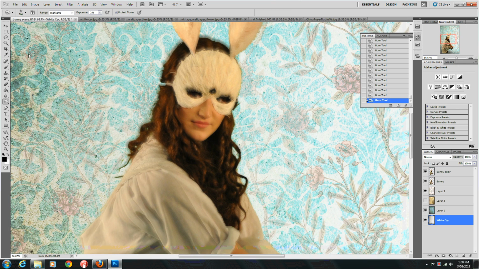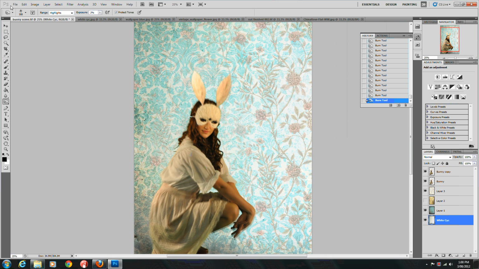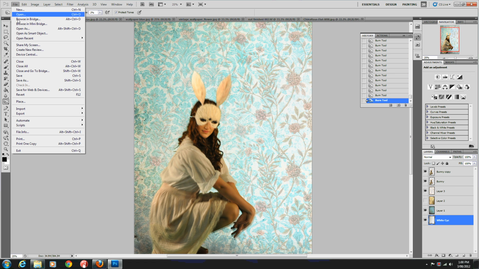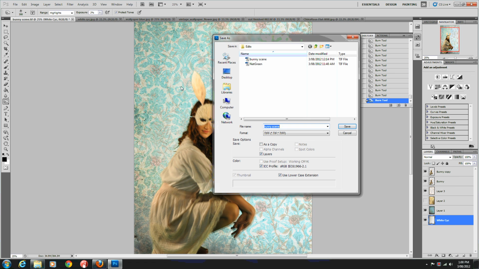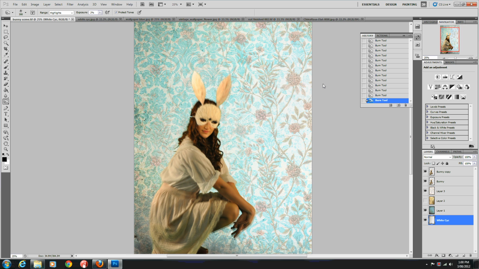Just a little tip. When you're saving, I've got a couple of versions of this. I'm going to go File, Save As. I'm not going to do it in my edits. I'm going to go to my Finished. And I'm going to go Bunny Scene 001. So if I ever do any more edits,